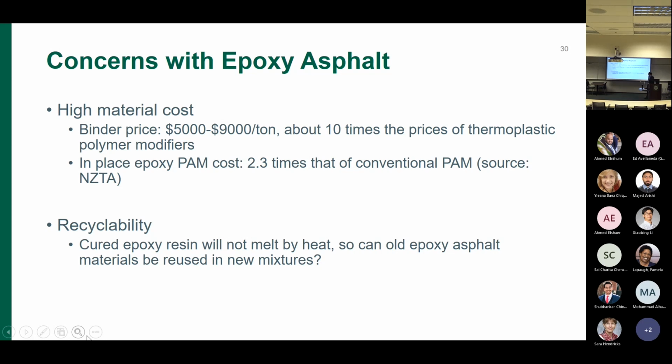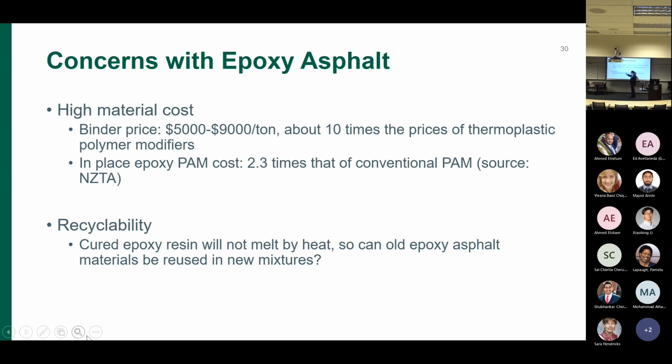And if we consider the cost of the mix containing epoxy asphalt and the mix containing regular asphalt binder, then the cost of mix containing epoxy asphalt is about two or three times higher than the cost of regular asphalt mix. Now, another consideration that prevents us from widely adopting epoxy asphalt pavements,